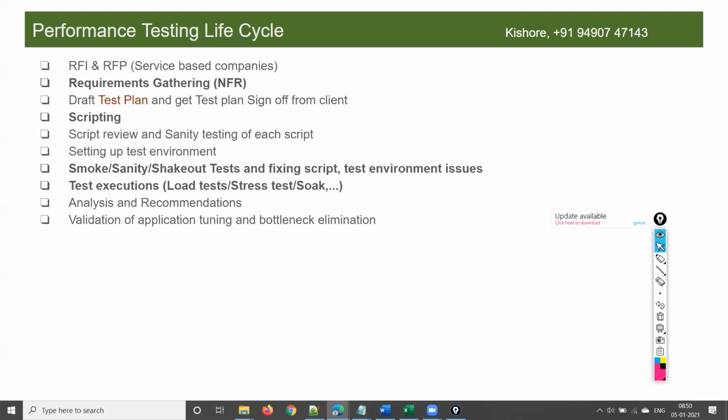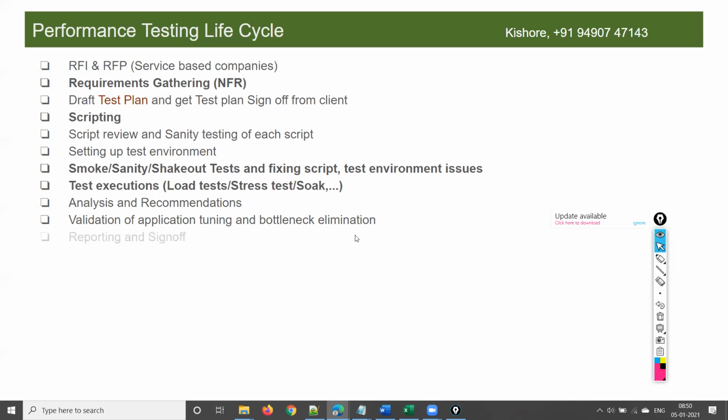Once the vehicle is handed over to you, you will again check the mileage. You will not just simply believe him, if you are bothered about the mileage. In the same way, to validate the application tuning, we will do another round of test execution.